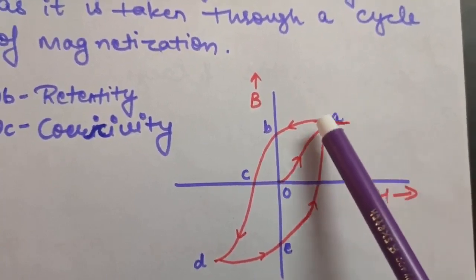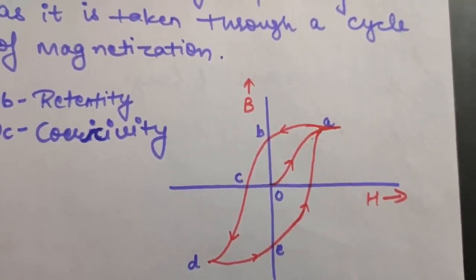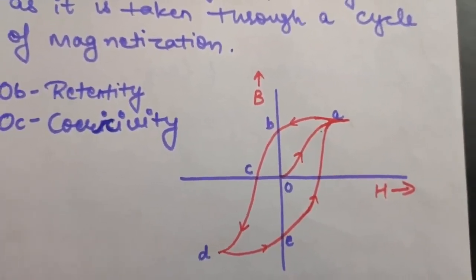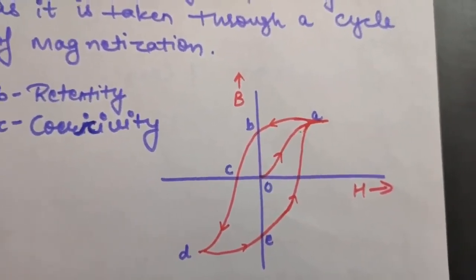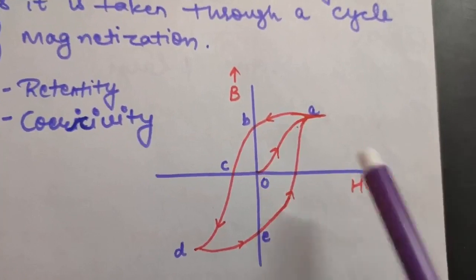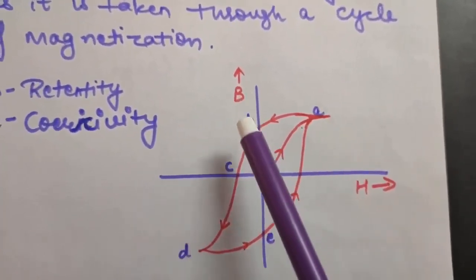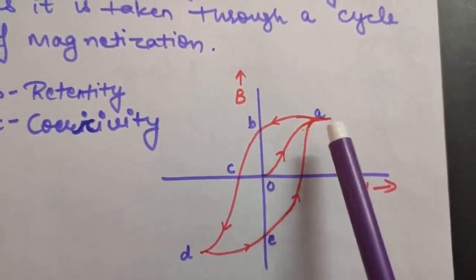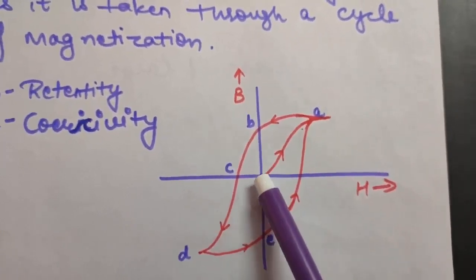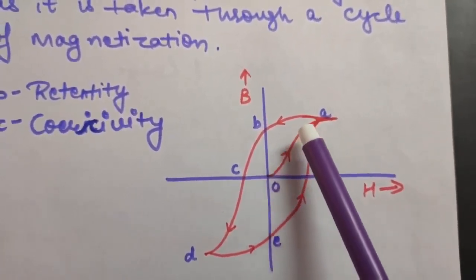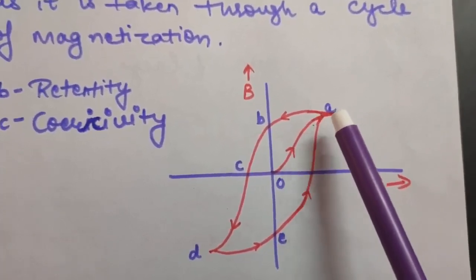This position determines the alignment of all the dipoles present in the ferromagnetic material. As you know, there are domains in ferromagnetic materials. When they are put in an external magnetic field, they get aligned in the direction of that field. So this position shows that all those domains have already aligned in the direction of the magnetic field. Therefore, the magnetic field will not increase anymore. So this is OA. At this point, B and H both were 0. When we increased the current, B and H increased. And at this point, due to alignment of all the dipoles, the value of B saturates.